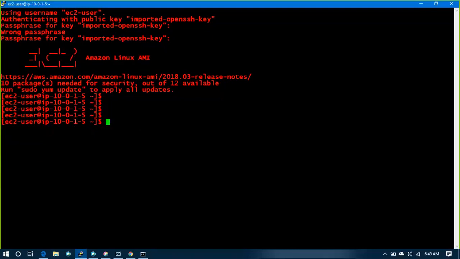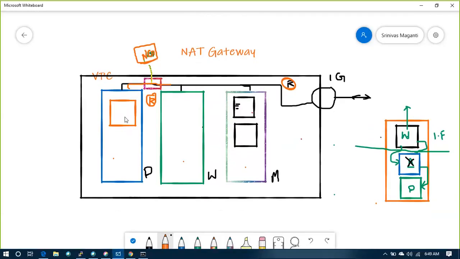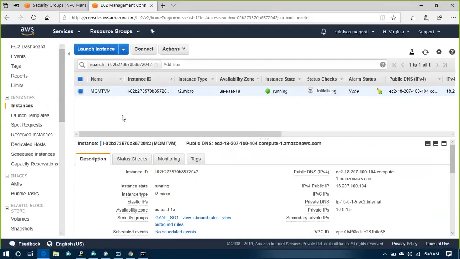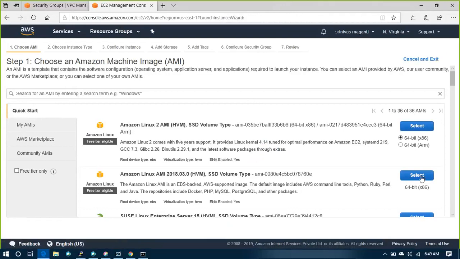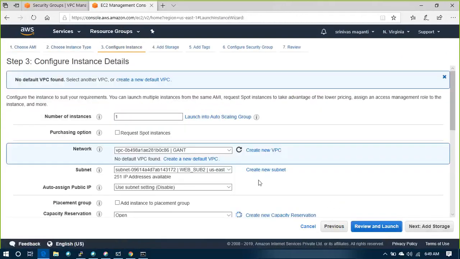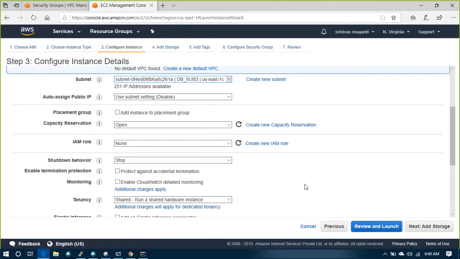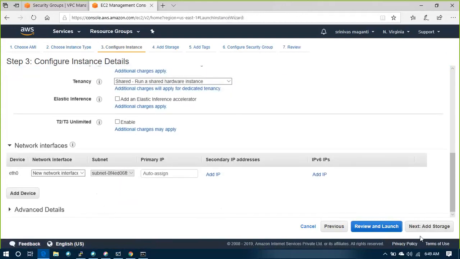This is my management VM, which is on subnet 1. What I will do, I will go and deploy another DB server. Let's try and access the same. Okay, launch one more instance. Again, T2 micro. But this time, I'll put this machine on the DB subnet. Okay.